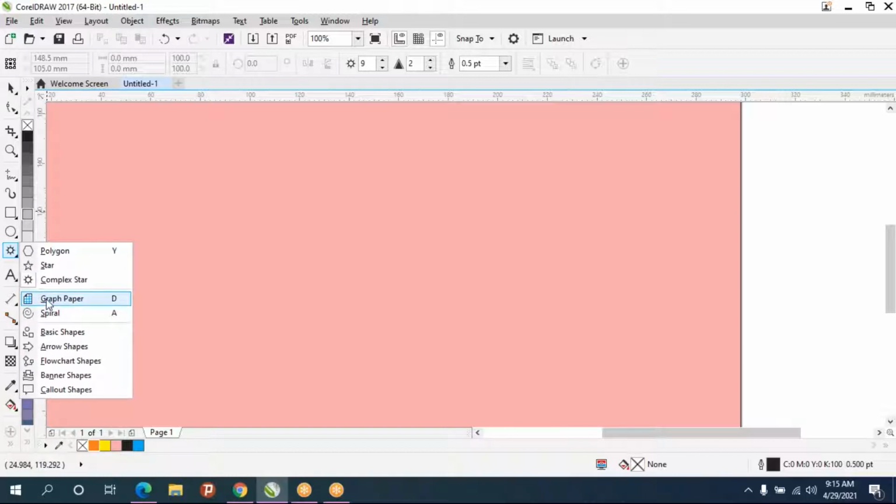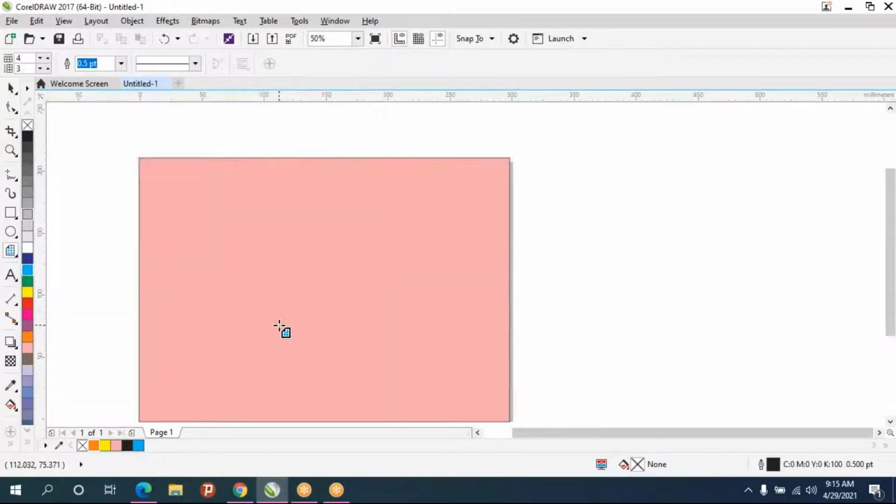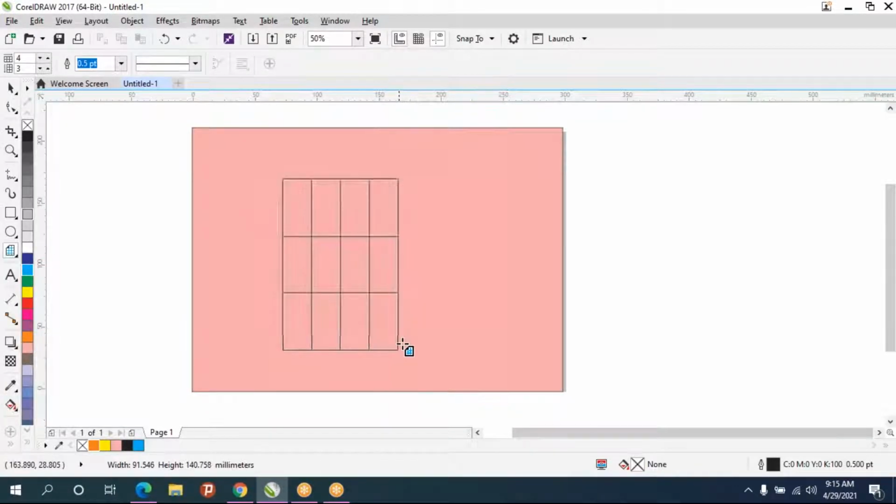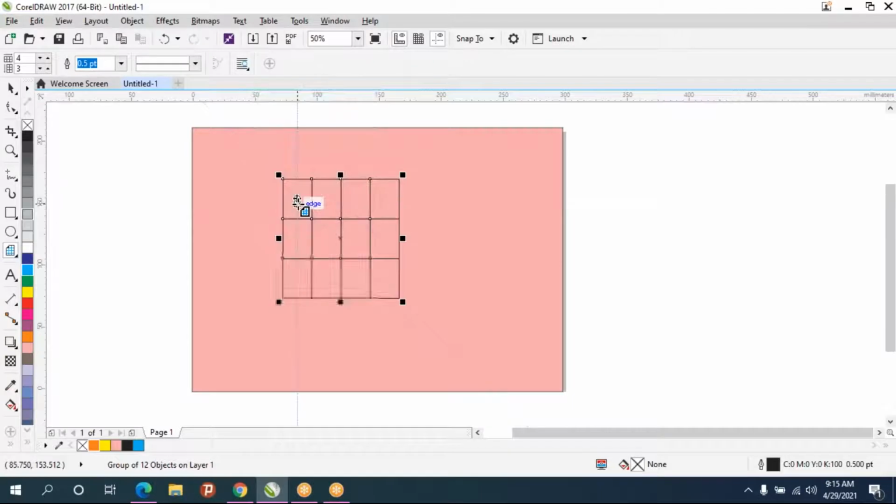And next we have is the graph tool. Take graph and you can draw like grids. But in this you can't edit. This is not a table. This is just a box. Okay. And you can increase the number of sides in the top corner.